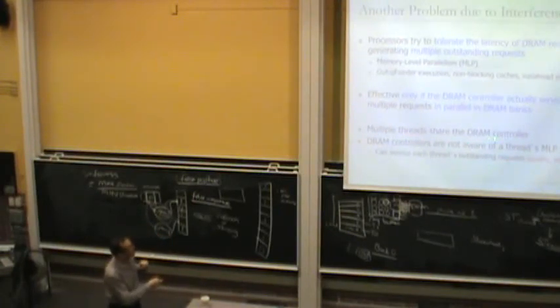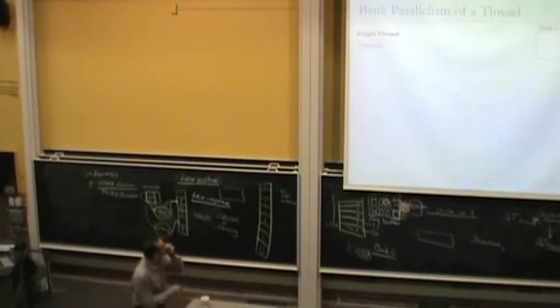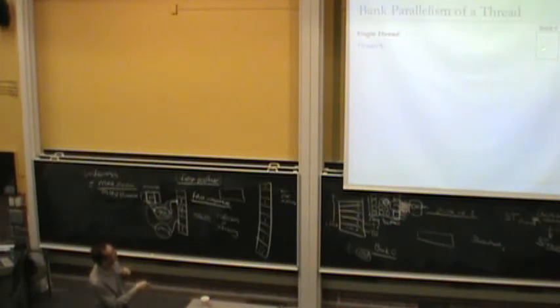But when multiple threads share the DRAM controller, and if your controller is not aware that a thread is generating multiple requests to different banks, it can service each thread's request serially and not in parallel. So let's take an example. Let's say you have a single-threaded machine, a single core. You have two banks in the memory system, and this thread does some computation, and it gets two load misses next to each other,